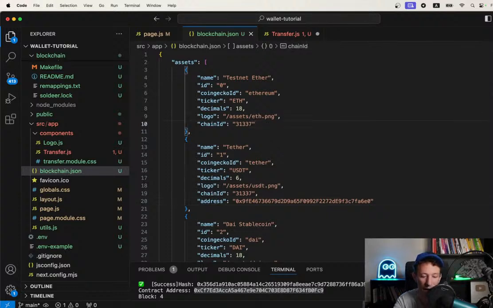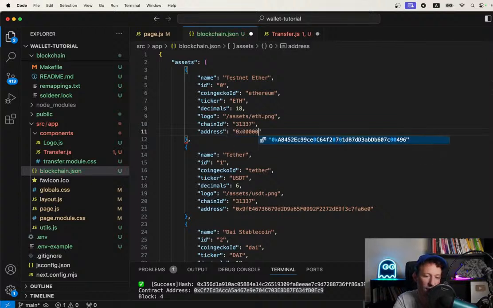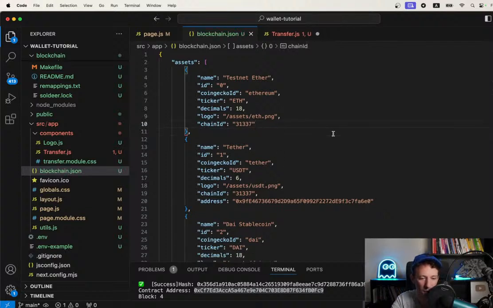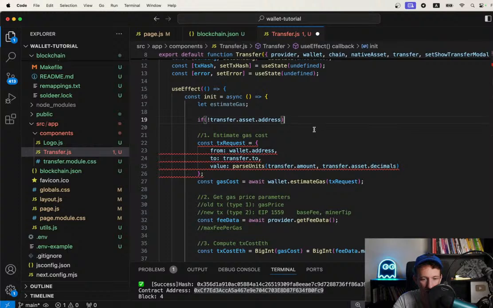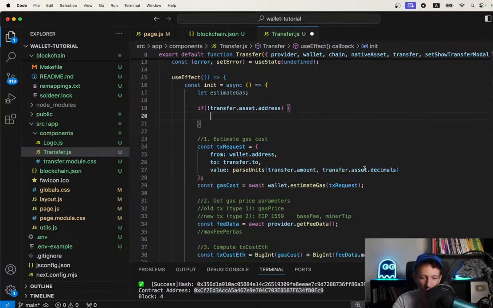But I could have also done something like address 0x and then the zero address, so we could filter like this. But let's keep it simple. So if they don't have an address, then basically what we're going to do is